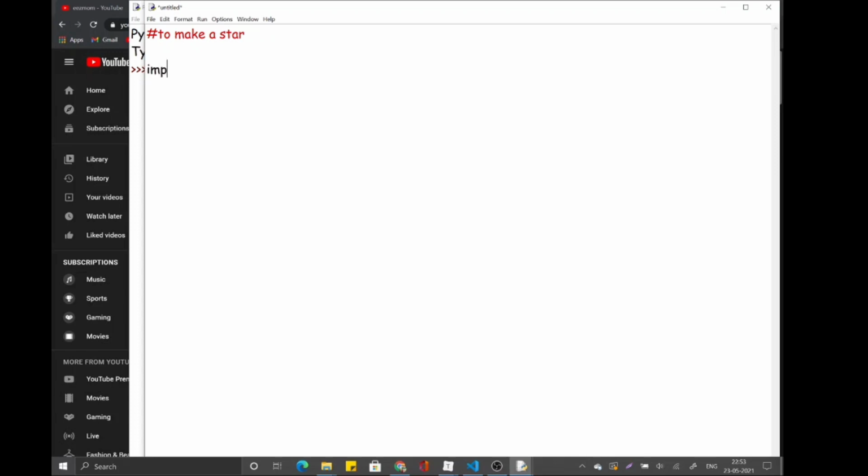How do we make shapes with the help of turtle? First we'll do from turtle we import. So write from turtle import all the commands. Then the shape we are taking is that of a turtle. I love this turtle shape. I find it so cute. And remember,